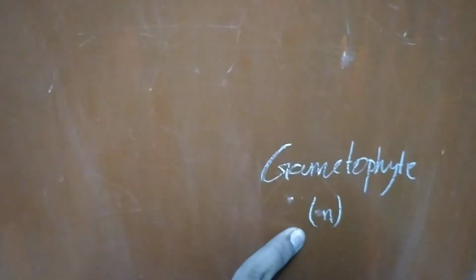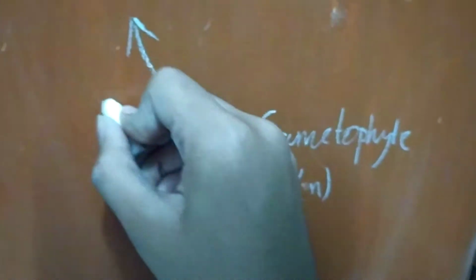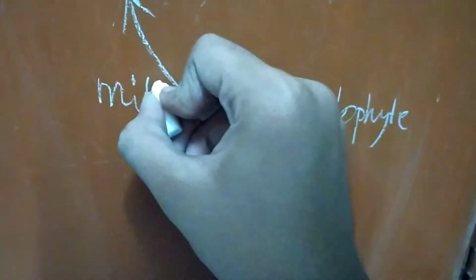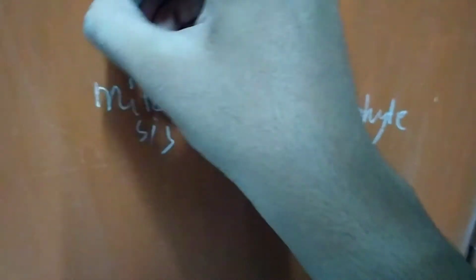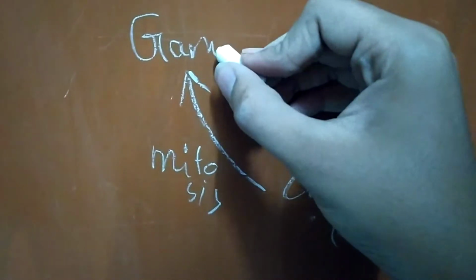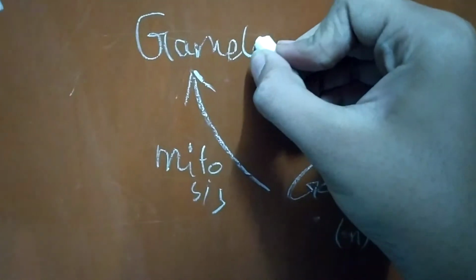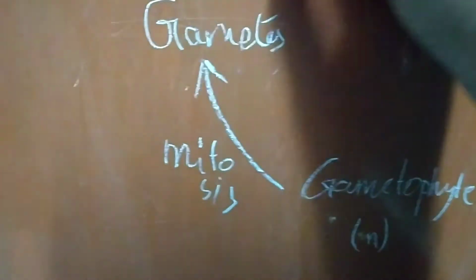This must be remembered that gametophyte is haploid, but the sporophyte is diploid. So through mitosis, it produces gametes as it is a gametophyte. And when these gametes fuse together,